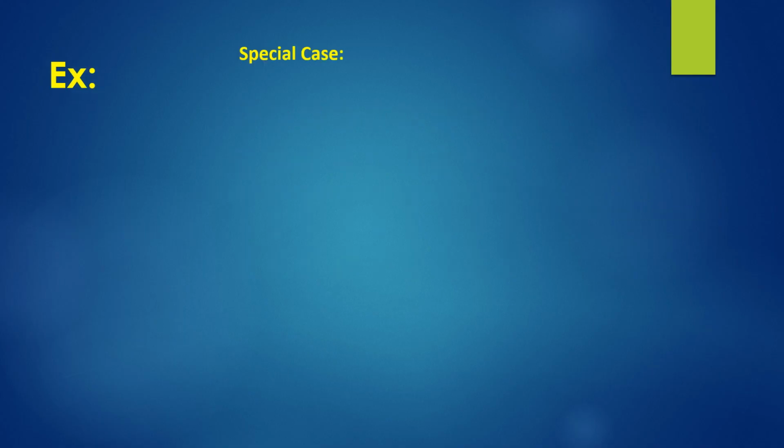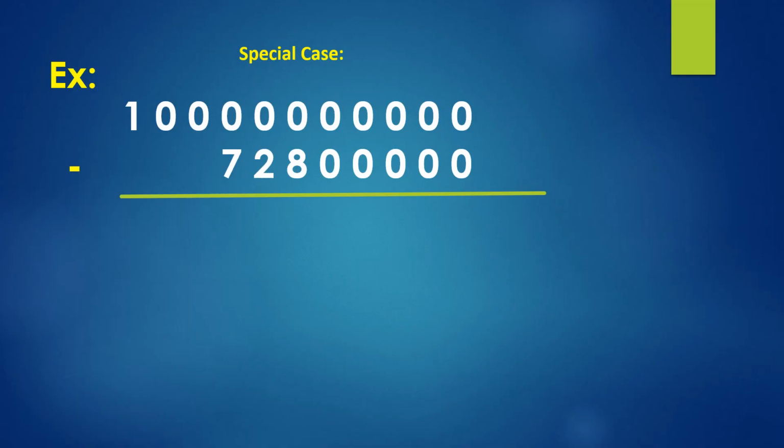Let's see one more example. It's a special case. Say such a big number, minus 7280000. So many times you are having 0. You can observe. We'll follow the same rule as it is. Nikhilam Navataha, Charamam Dashataha. So towards the left hand side here there are no digits. I'm writing it as 0 and 0. So we will start with the rule.